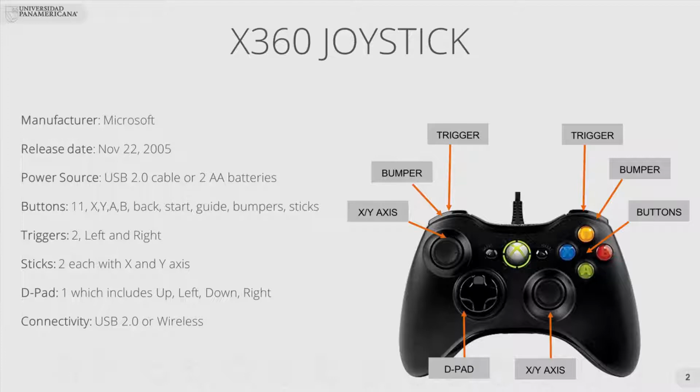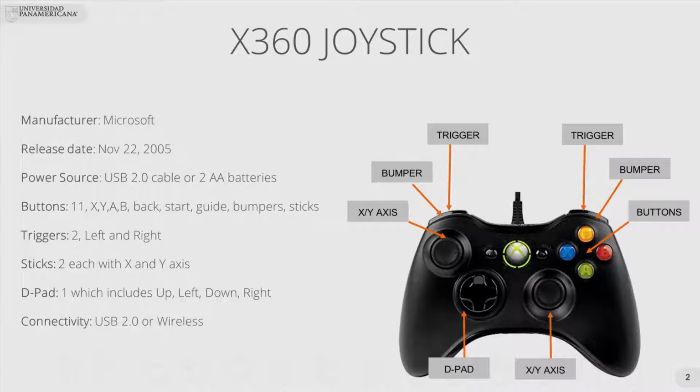As you can see from this image, we have 11 different buttons. The first ones, which are the most obvious, are the A, B, X, Y buttons on the right. Then we have the back and start buttons and the guide button, which is in the middle. Here we have an indicator to know which number of player or controller we are. And then we have the bumpers, which are at the top of the controller on the left and on the right. The two last buttons are the axes that we have on the left and on the right.